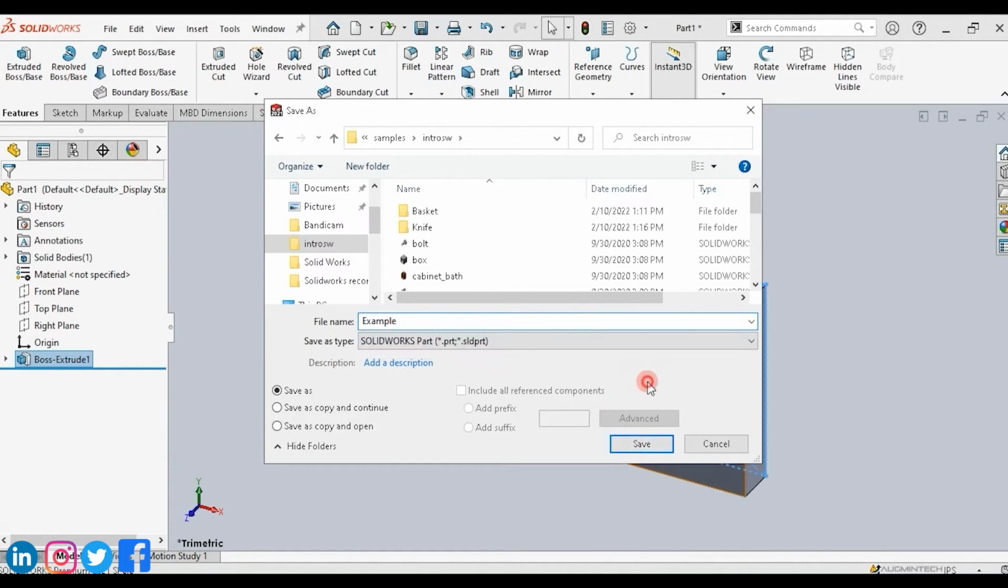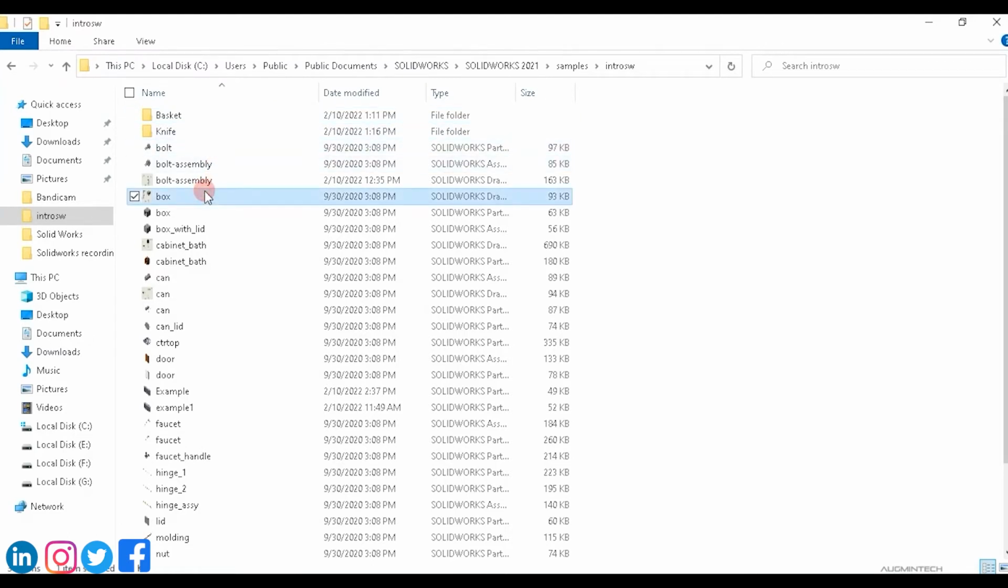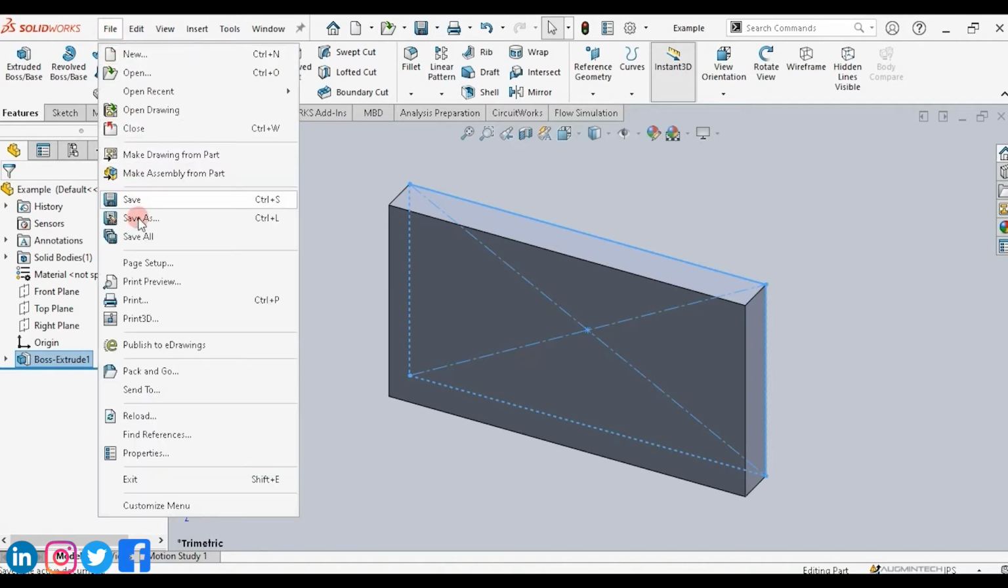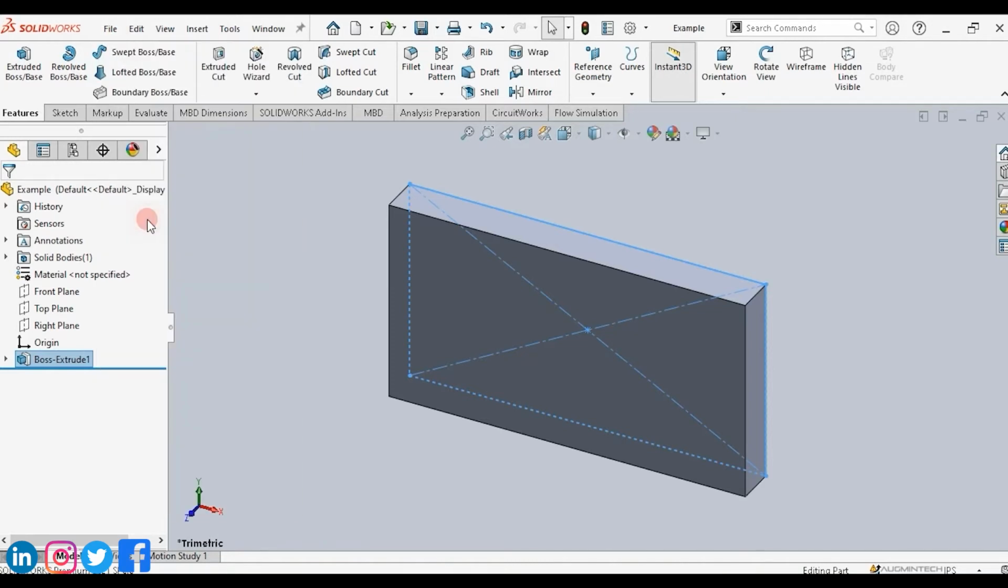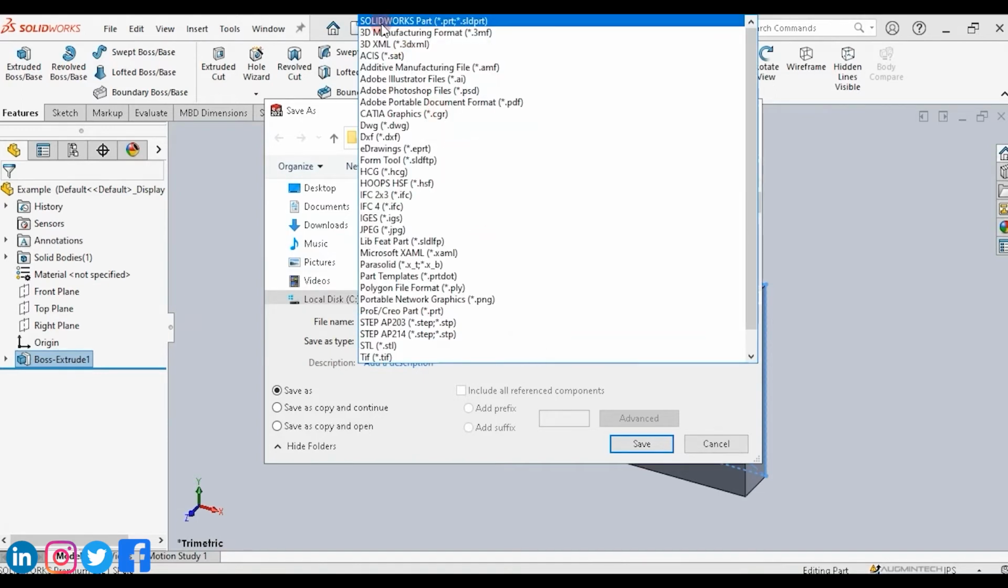And save. So this will be saved in our folder. In this folder, let's search example. In this way, you can save any SolidWorks file. Let's check the formats in which the SolidWorks file can be saved. Suppose I want to save it again using Save As. In Save As, I will give the name example2, and you can see over here there are many different formats